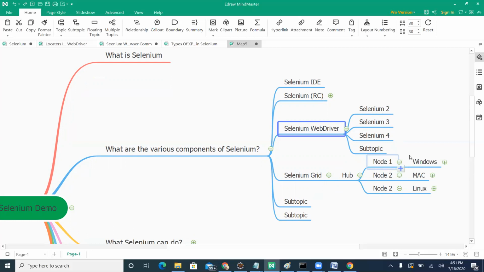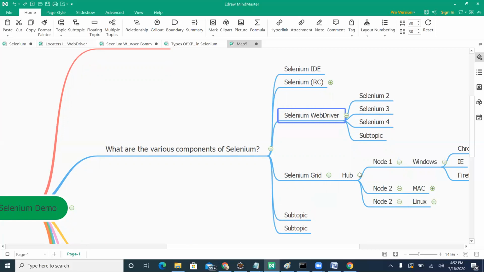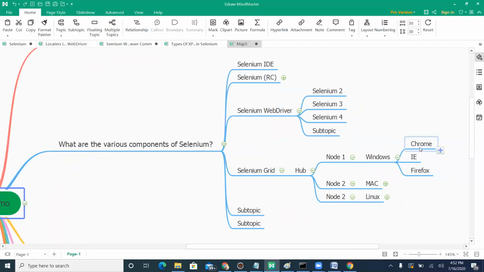For example, if it is a Windows machine and you want to run on it through the hub, you can instruct the hub to execute your code on Windows. On Windows, you can also instruct it to use multiple browsers: Chrome, IE, and Firefox.